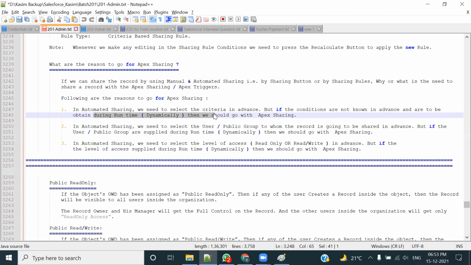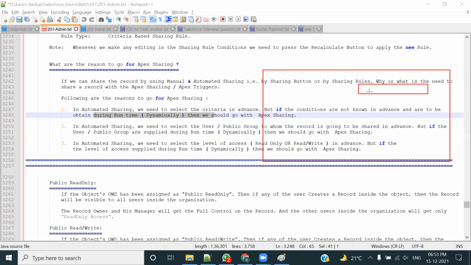After running some pages, user will enter. मान के चलो कि एक यूजर इंटरफेस आपने बना रखा है, एक पेज आपने बनाया हुआ है, this is one of the user interfaces, ये एक पेज है where you are asking the user to enter the criteria, he will enter the criteria to whom we wanted to share, what should be the level of access, read only or read write. So you are asking the user to enter these three things. अब यूजर यहाँ क्या एंटर करेगा वो तो हमें बाद में पता चलेगा, after this script has been run, हमको पहले से नहीं पता चलेगा।